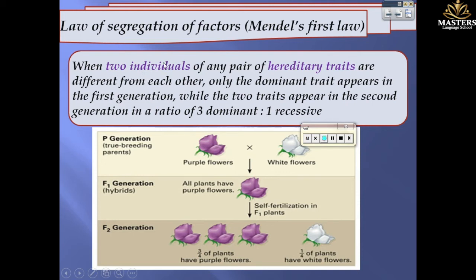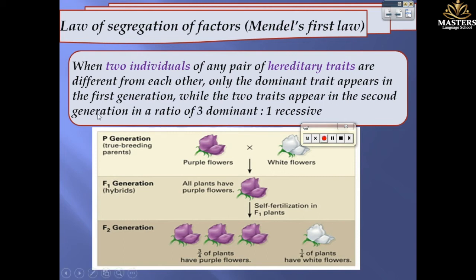When two individuals, father and mother, of any pair of hereditary traits, like the color of seed or the color of flower of the plant, are different from each other, like purple flower and white flower, two different traits, only the dominant trait